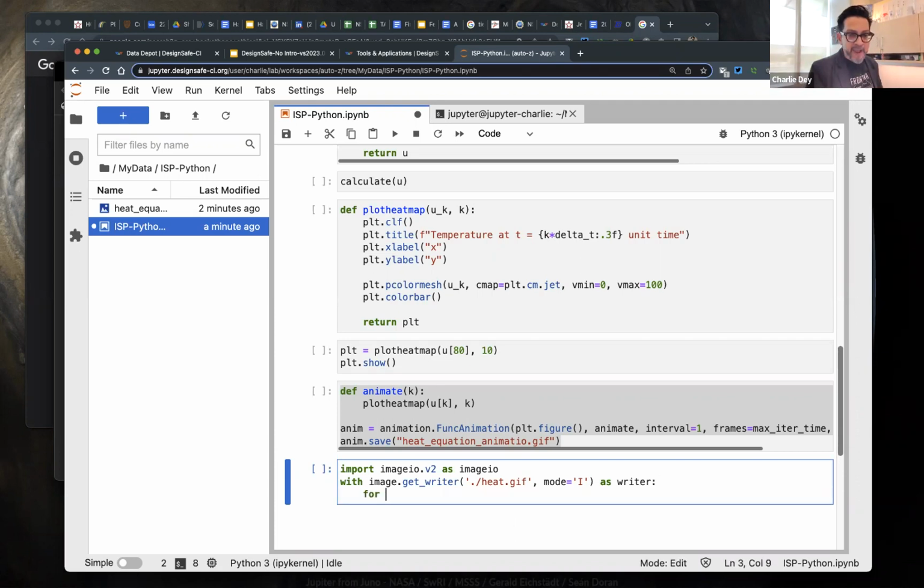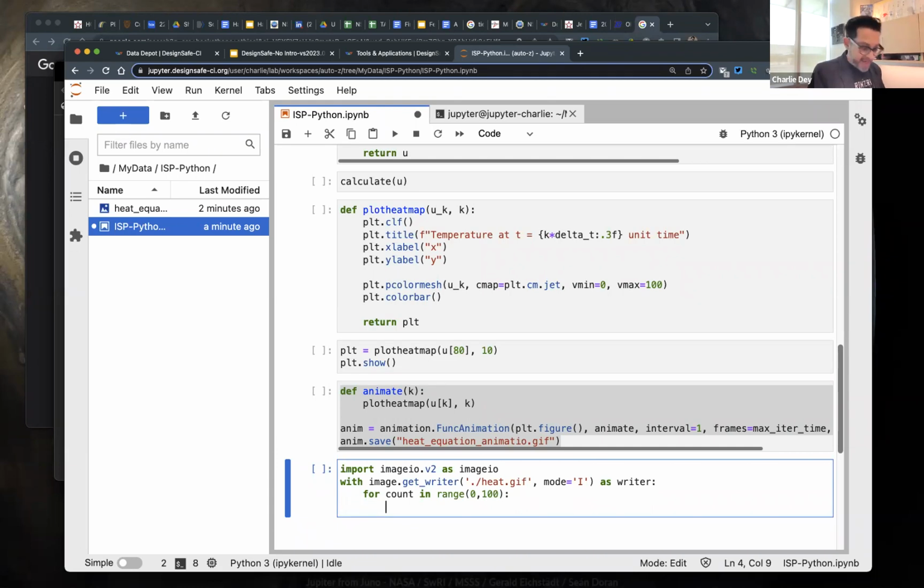Well, first thing I'm going to do is, how many images do I want? Well, count is going to be in range, because I have to create an array of images. You'll see here really quick why. Just for time's sake, I'm only going to do 100 of them. And I've got to create some. So I'm going to create an image name. I'm just going to create a variable called p_name. It could be anything you want, be Fred or Bob or Jerry. And that is going to equal,